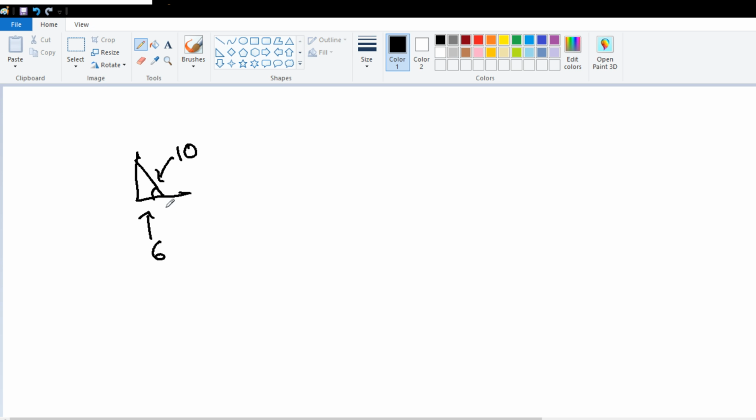We're told that the base is moving at a rate of 1 foot per minute, so we'll say dx/dt equals 1. We'll call this side x. At the time we're interested, x is 6, and we want this angle, which we'll call theta. The ladder is not changing length, so what we know is that this is the adjacent, that's the hypotenuse, so cosine of theta is equal to the adjacent over the hypotenuse. We take our derivative, we get negative sine theta d theta/dt